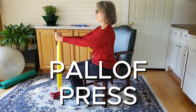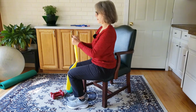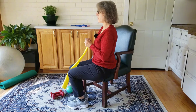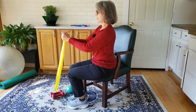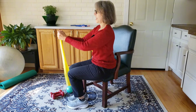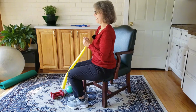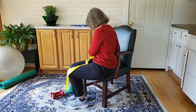So we're going forward, 2, 3, 4. Keep the stomach muscles activated while you're doing these. There's 6, 7, 8, 9, and 10. I just did it that way to make it so that we didn't have to switch the